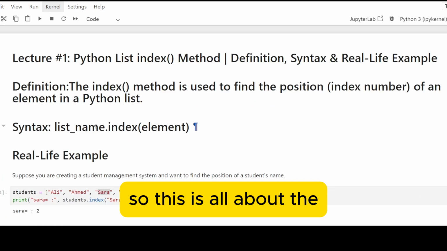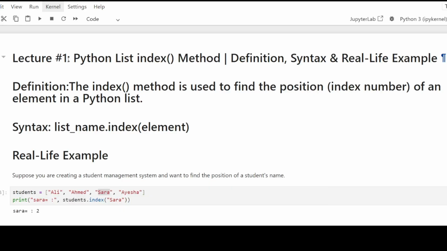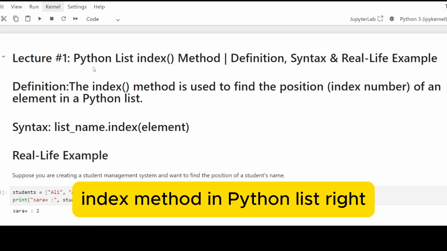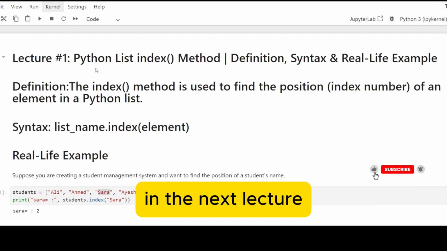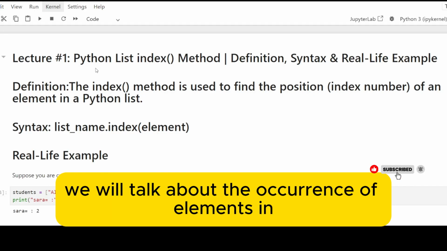So this is all about the index method in Python list. In the next lecture we will talk about the occurrence of elements in